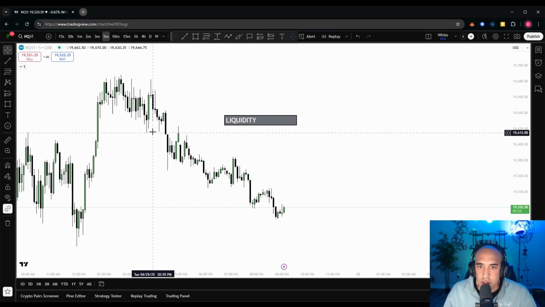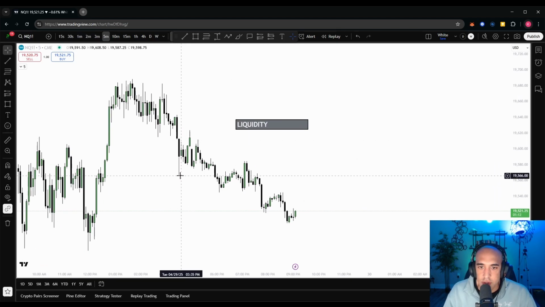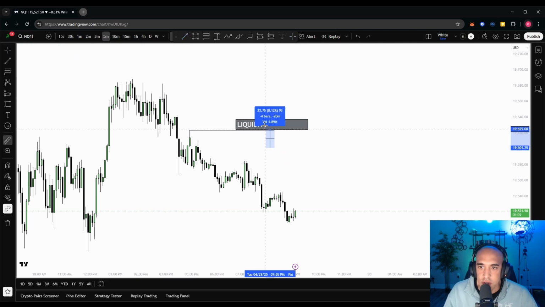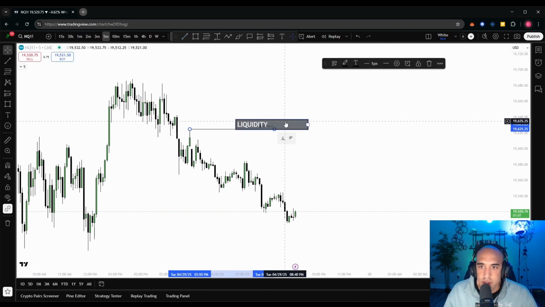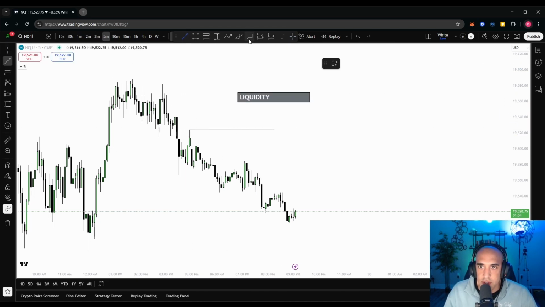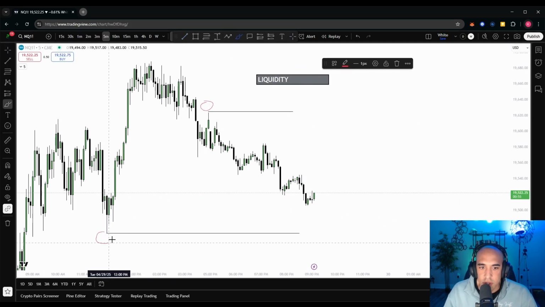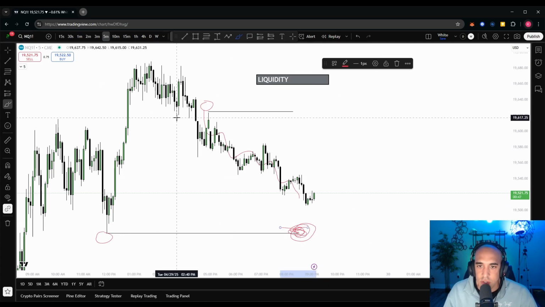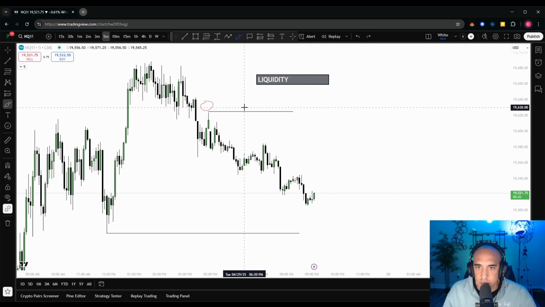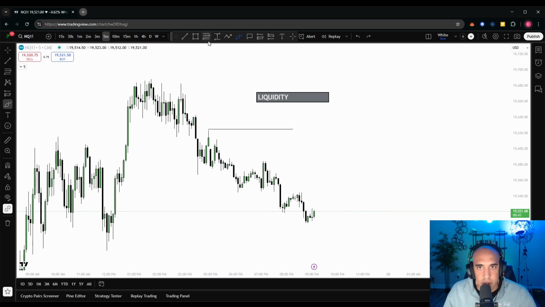These are all significant areas, some more than others, but it's all these highs and lows. These all have stop losses resting around them. This high has stop losses resting above it here. This low right here has stop losses resting below it here. And the thought is that price is ultimately seeking, attacking, going for this liquidity because it needs liquidity to move. It's hunting for it consistently. It's trying to grab it. It's trying to engineer it. That's a whole other subject.